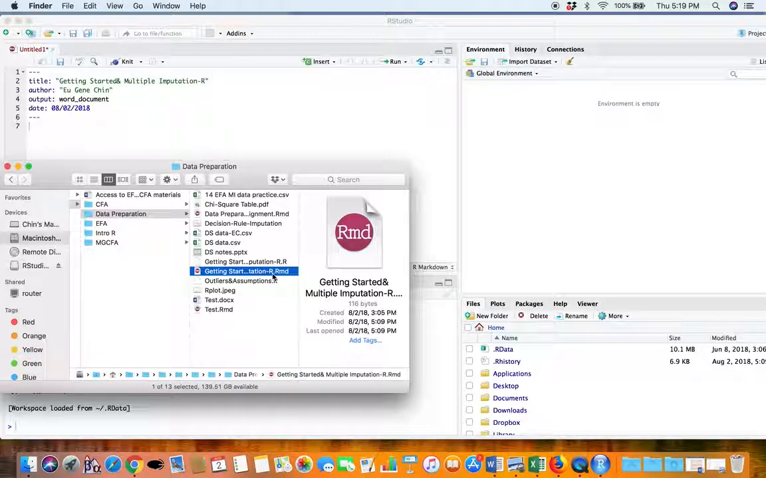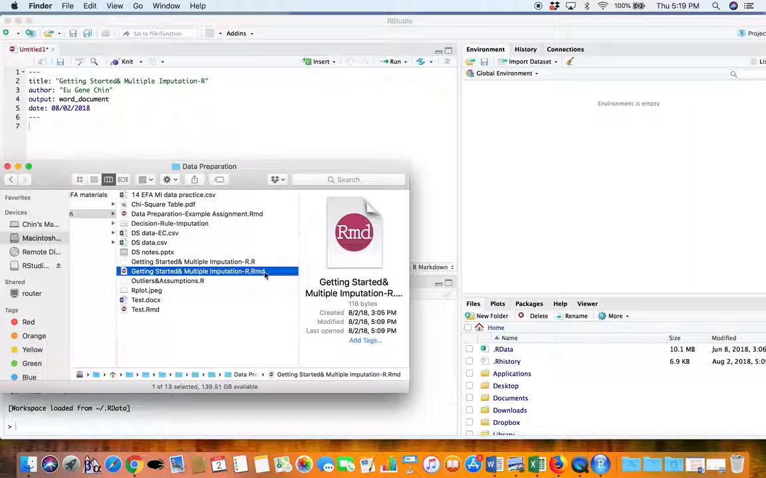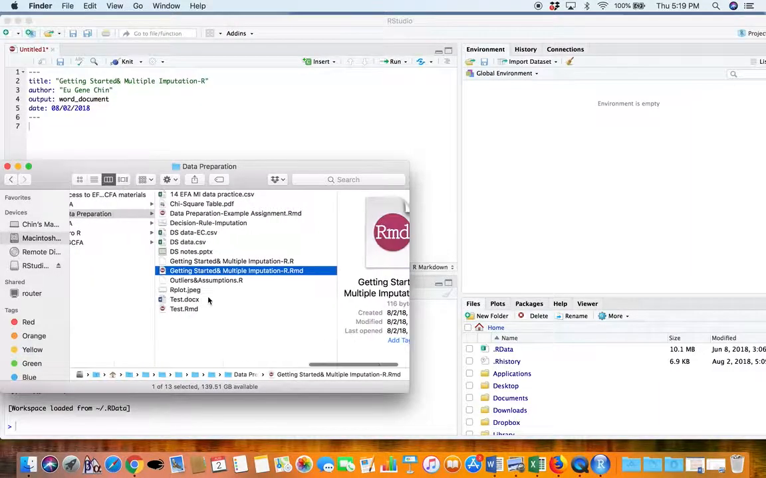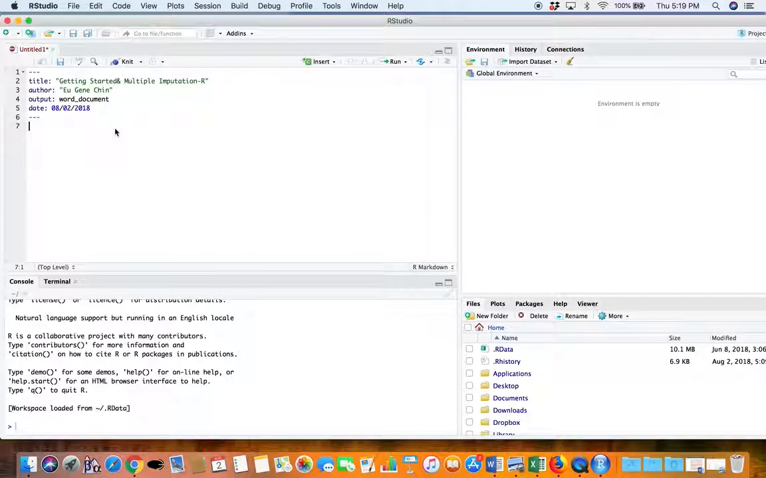Since I had this window open, let me show you two things. Notice that Markdown is actually saved in a different format compared to a regular R script. A Markdown script is saved in .rmd format. A regular script is saved in .r. So if you ever need to search your Finder for scripts or Markdown scripts, you can always differentiate them based on that. Next thing that I want to show you is how to make,